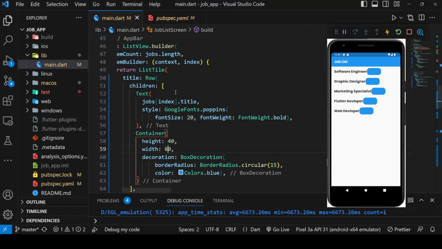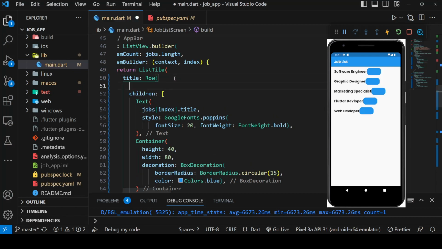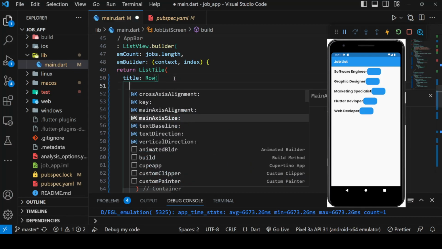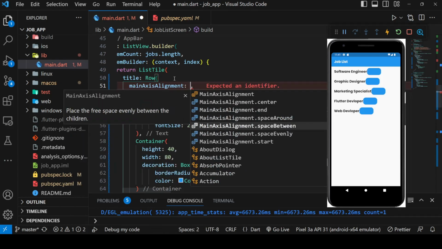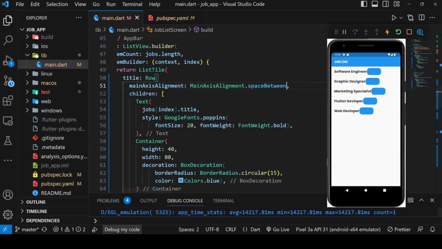Nice. And here I think we can add a main axis alignment and make it space between them. So they are all aligned. Perfect. And I think I should increase this more. So 90,